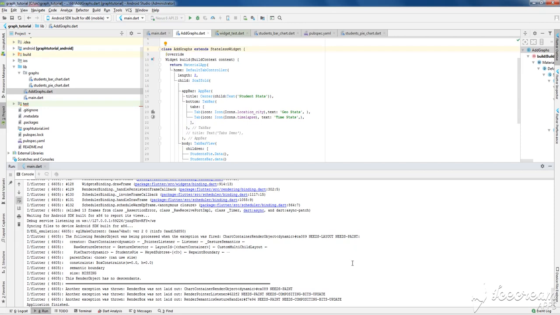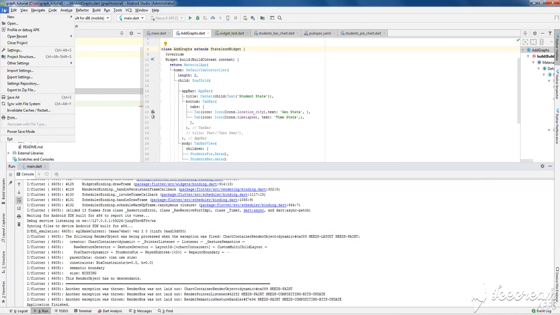Hi everyone, in this video we will see how we can create bar and pie graphs using Flutter. So let's start. First of all, open your Android Studio, go to File,